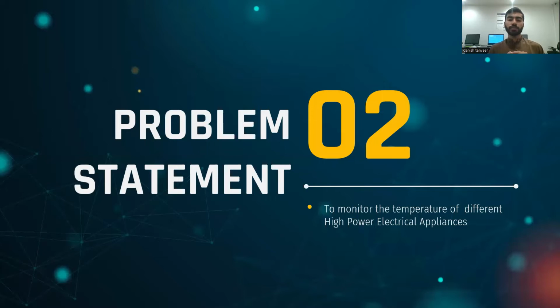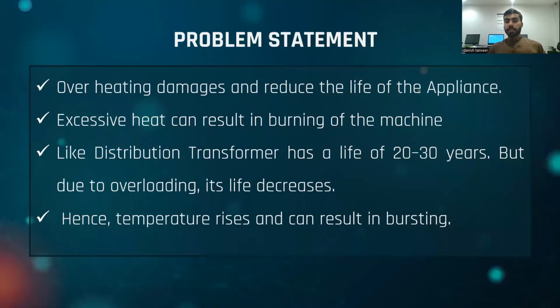Now I will talk about the problem statement behind the making of this project: to monitor the temperature of different high power electrical appliances. We know that if an appliance is run for a long time on overloading, its temperature increases. Due to excessive heat, it can burn and result in bursting. For example, a distribution transformer has a life of 25 to 30 years with proper maintenance. But due to overloading, its life decreases, the temperature rises and it can result in bursting. So this was the problem statement behind making our project, in order to save all these appliances from bursting and